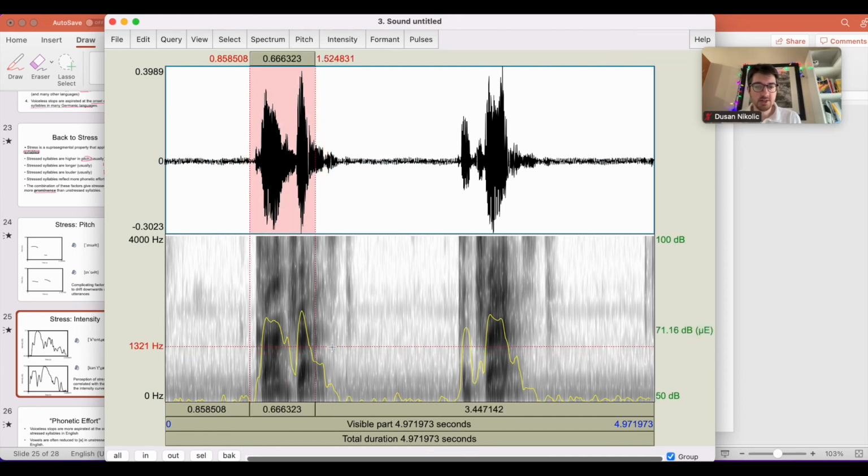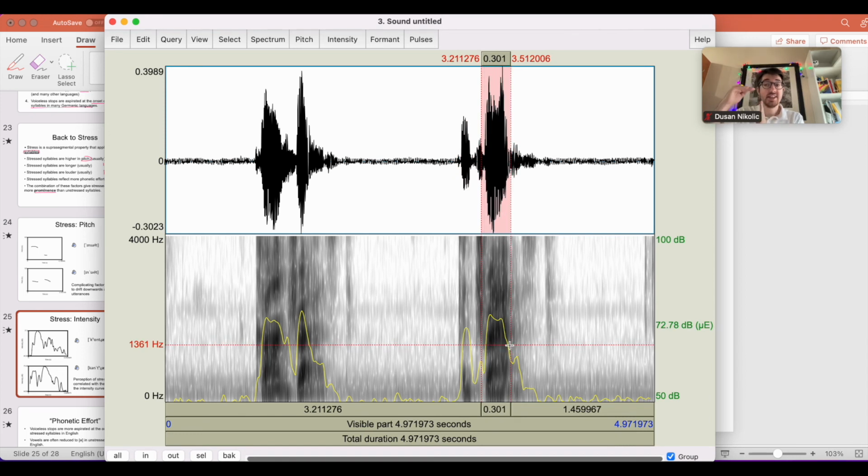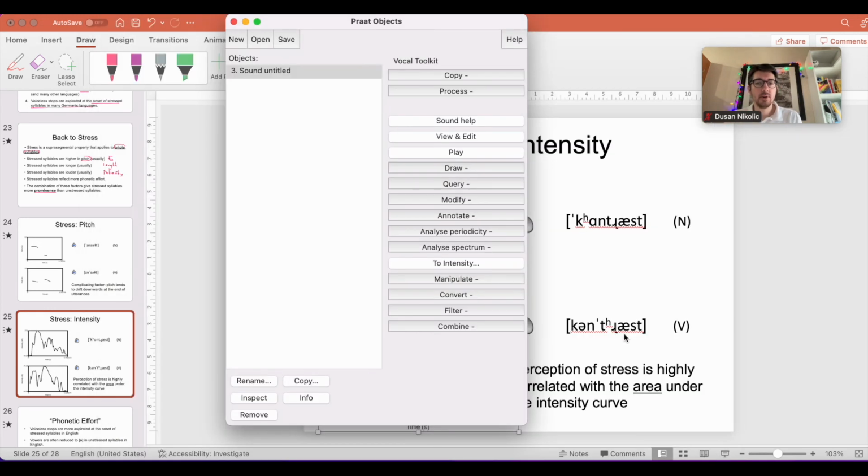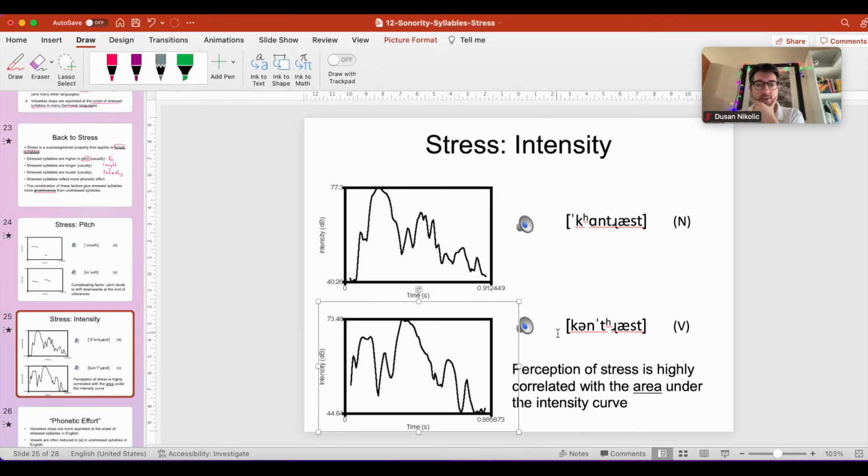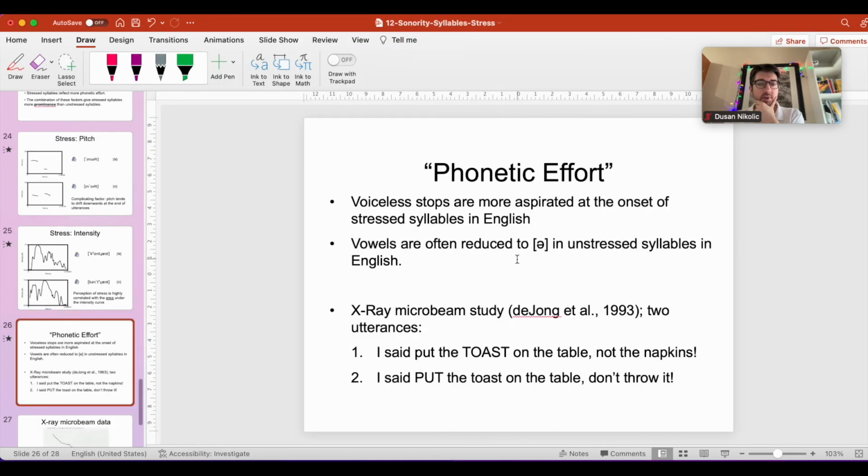And you can see the first word, contrast. There's a huge intensity, as I said, I emphasize it too much, but a huge intensity right here at around 74 decibels. And here you can see the contrast intensity is on the second syllable. The intensity is higher on the second syllable, right? That's what we want to determine: which syllable has higher intensity? And now we know. All right. So we've done that little experiment. Now we can move on to phonetic effort.